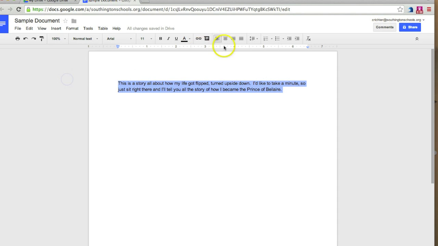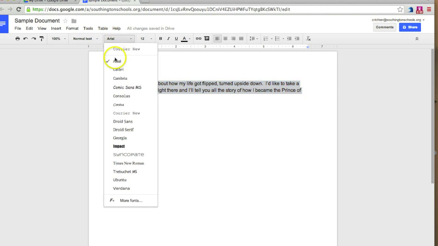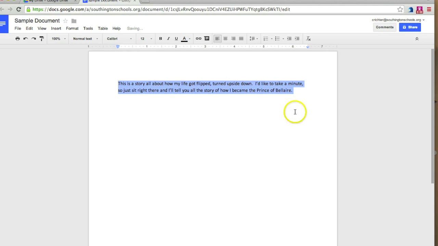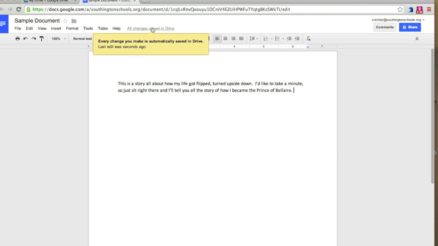At this point, I'm going to highlight the entire passage. You can change the alignment. You can center align, left align, right align, whatever you need to do. Just the same as you would do in Microsoft Word. I can change the font and the size. If I go up to font size and I pick 16, 14, 12, whatever it may be, it'll change it for me. I can change the type of text. I can change into one of their preset fonts, or they have even more fonts that you can use. You can go change the text color if you need to,